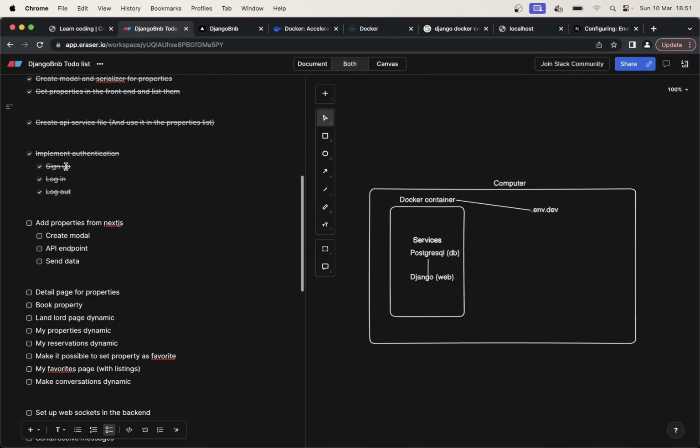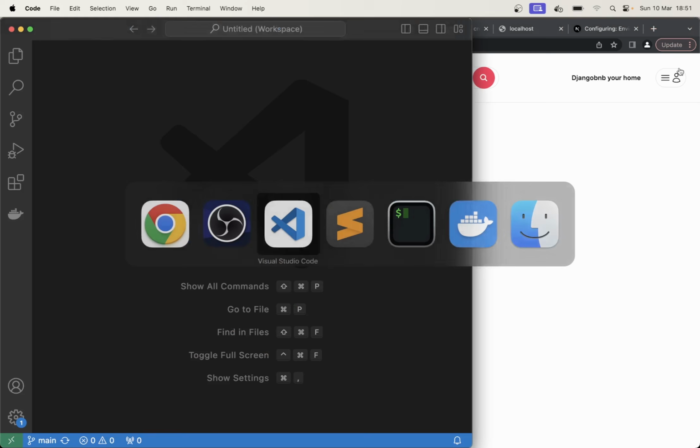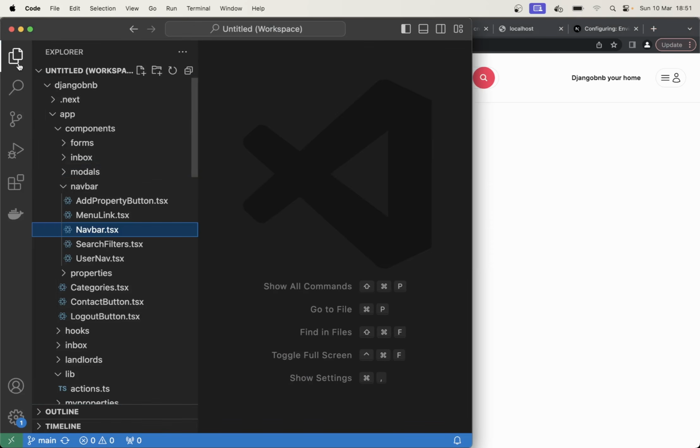Okay, since we now can add properties through the admin interface, now I want to make it possible to add them from the front end. So I want to make it possible to click this here to open up a modal window and then go through a sort of wizard where you add title, description, price per night, images and similar. So just like we created the modals for the login and the sign up,